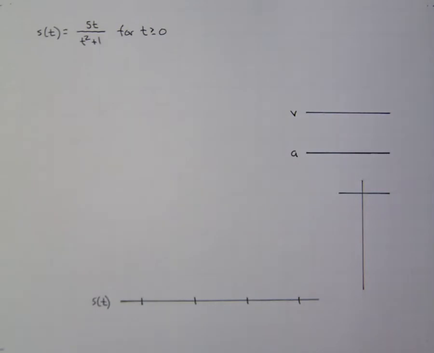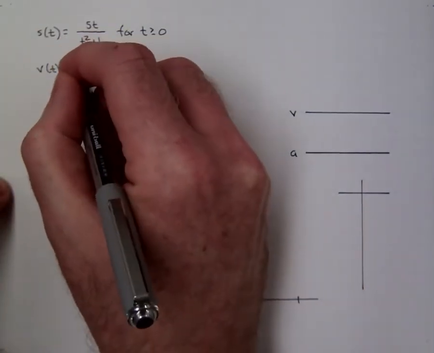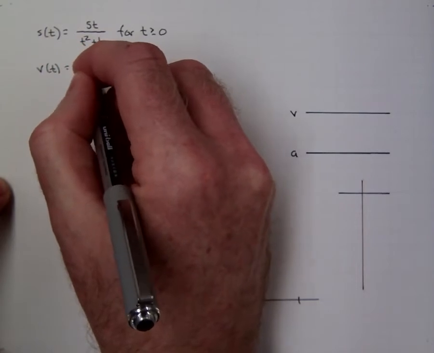In this podcast, we will characterize and diagram the motion of a particle under rectilinear motion with position given by s(t) = 5t / (t² + 1), where t is greater than or equal to 0. The first thing we need to do is find a velocity function, which is going to be the derivative